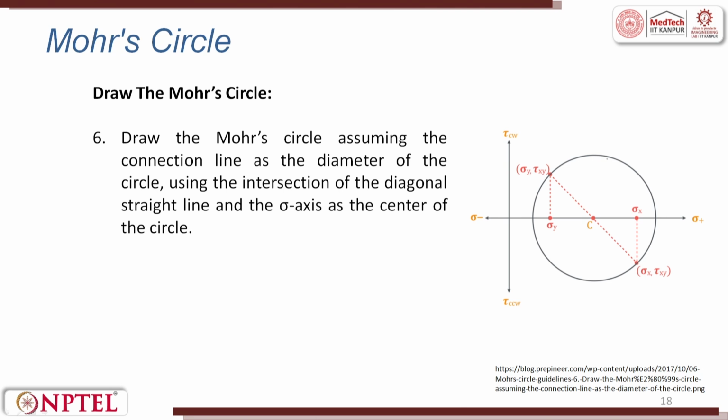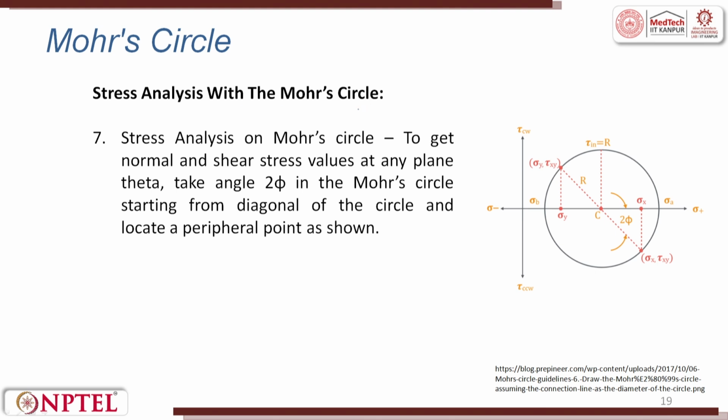Now, what we do is we draw a circle keeping this point as center. Draw the Mohr circle assuming the connecting lines are the diameter of the circle, using the intersection of the diagonal straight lines and the sigma axis as the center of the circle. The stress analysis with the Mohr circle. The stress analysis on the Mohr circle, how do you find out? It tries to tell to get the normal and the shear stress values at any plane theta. Take angle 2 theta in the Mohr circle starting with the diagonal of the circle and locate a peripheral point